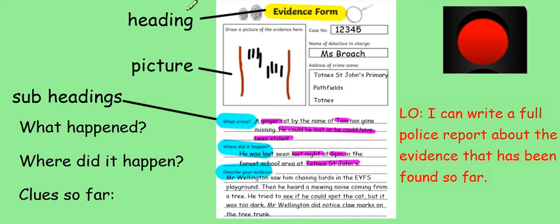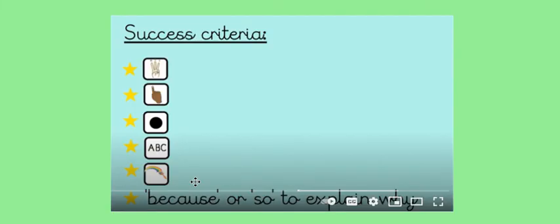Okay, finally, I just want to remind you all, it's really important that we're using our success criteria targets when we're doing our writing. You would have had a look at these last week with Miss Lyons. Some of you might be choosing to focus on your capital letters. Now last week, if you did your capital letters and you think, actually, I did a really good job of those, I think I've got that now, you might want to work this week on your describing words. Now here is a really excellent